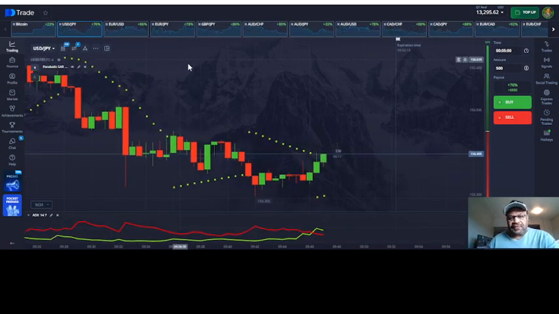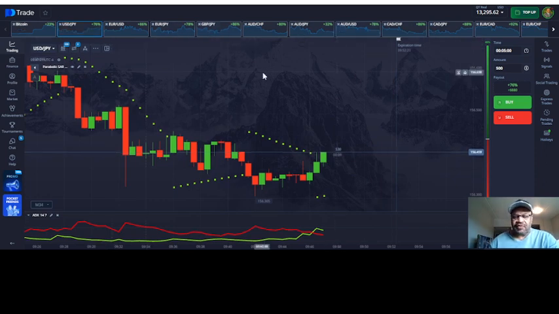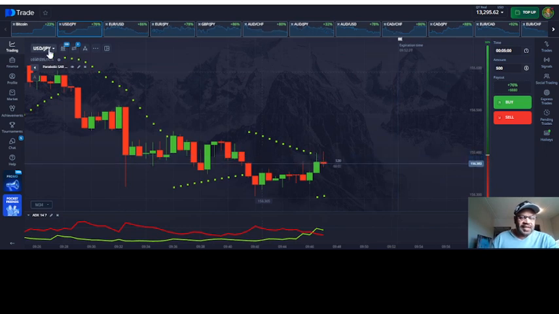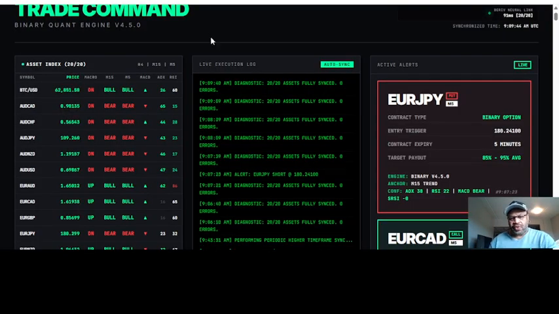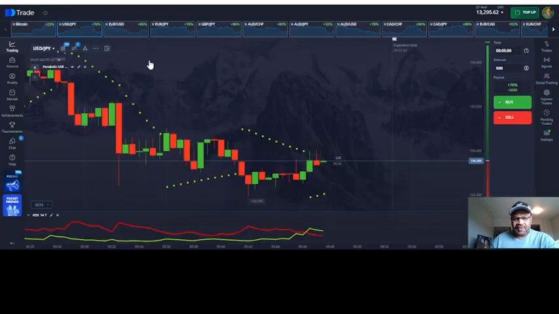pocket option trading platform set up here, and I have all my currency assets. I'm going to be trading regular currency assets, not the synthetic assets that are available, not the OTCs, just the regular currency pairs. Quant Engine only works with real assets because we're pulling the price feed from the global forex markets and not the OTC or the synthetic data that the pocket option platform has in-house. Okay, so